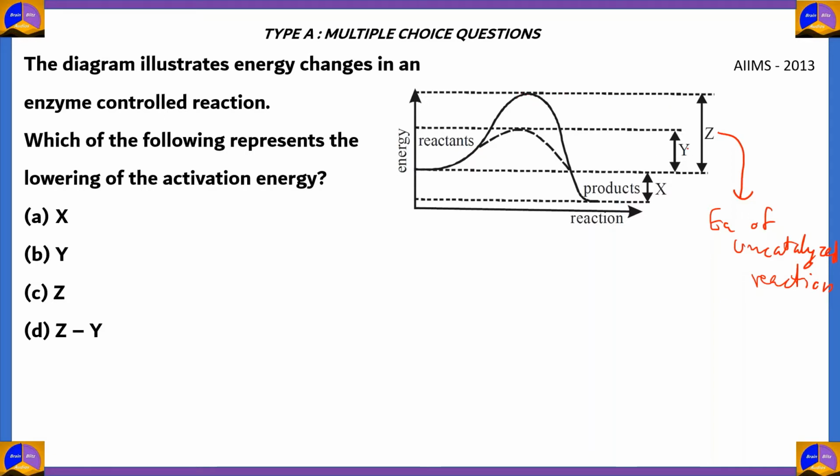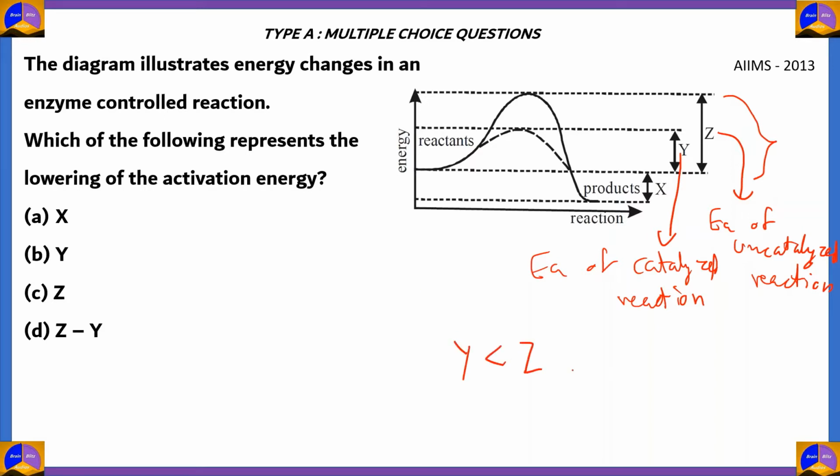It has a higher difference. So that means the energy of activation in an uncatalyzed reaction is very high. Y represents the activation energy of a catalyzed reaction. So the reason why enzymes are so effective in catalyzing reactions is that they lower the activation energy. So as you can see, Y is lower than Z. So since Y is less than Z, we can write the lowering